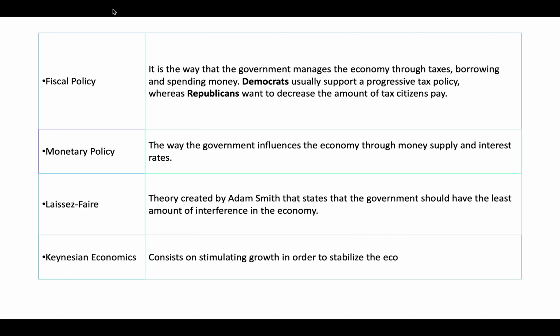Oh, come on. AOC is super famous for saying it all the time. What would a Democrat want more of? Amelia? Taxing the rich. Write it down. Taxing the rich. A progressive tax policy is taxing the rich. So, depending on your income, dictates how much you pay in taxes. If you're poor, you